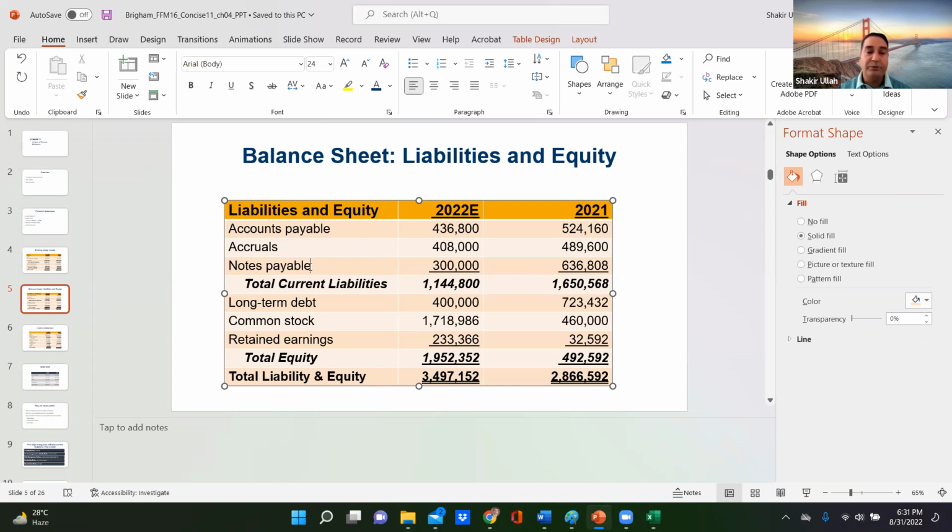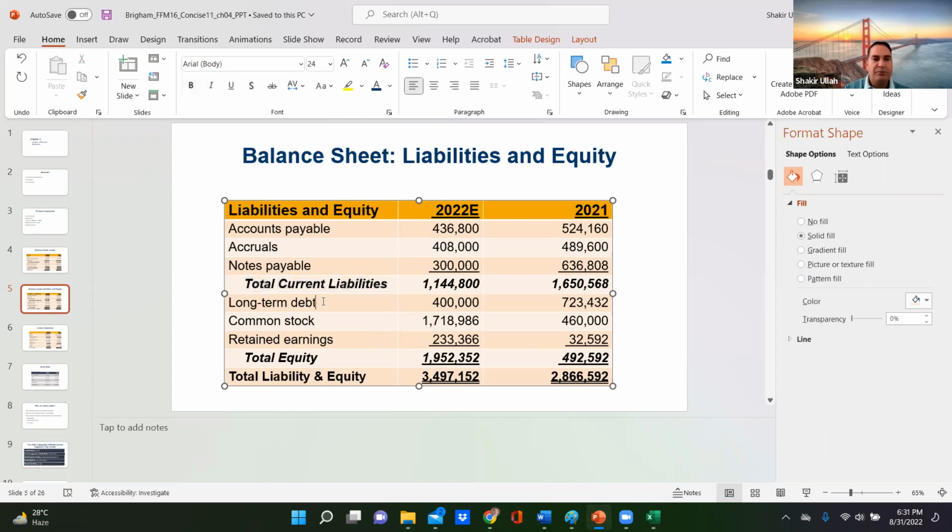Now, all of these, and there will be a number of other categories in the current liabilities as well, we call them the current liabilities because they are due within a year. Okay, for example, your electricity bill. The company is not going to wait for you for a year or more or 2 years to pay the bill, right? If you don't pay for 2 months, they will disconnect your electricity, right? So you have to pay every month. That's a current liability.